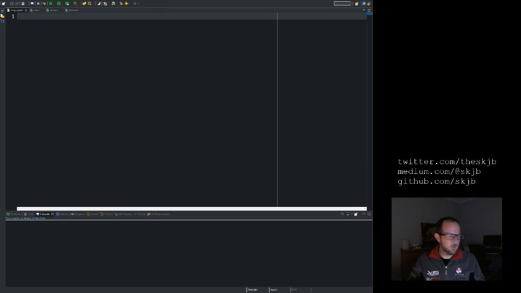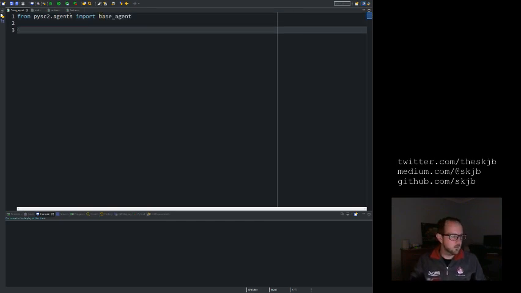So the first thing I've got open here is my code window. The first thing we want to do is from PySC2 import, I think it's .agents. Let's look here. .agents import base agent, and then we'll make our class Zerg agent, which extends from base agent. Okay, and then